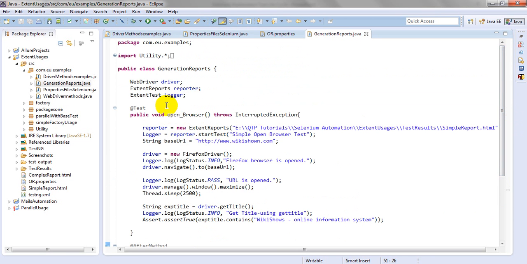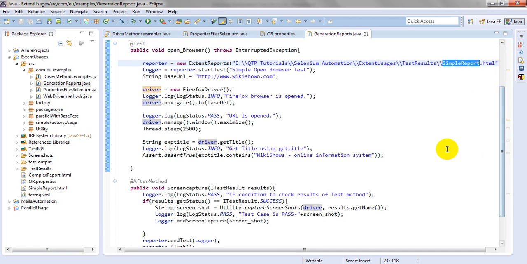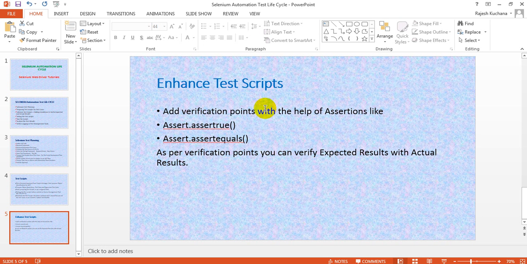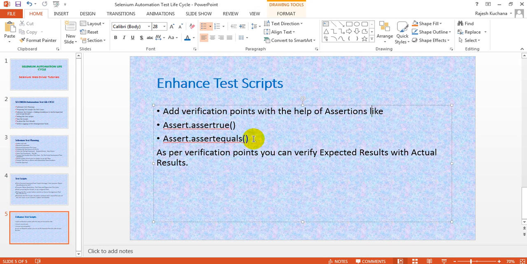Like this you need to use different logging technologies. And you need to generate the report, which could be in the form of emailable reports. And verifying status, assert verification points. I have written here, add verification points with the help of assertions like assertTrue, assertEquals, and you have to do this for loggers.